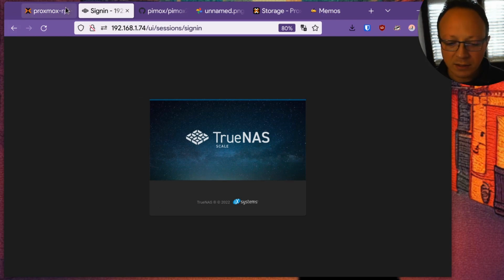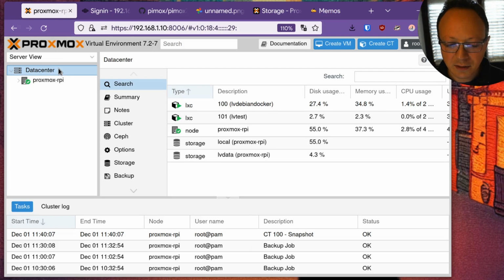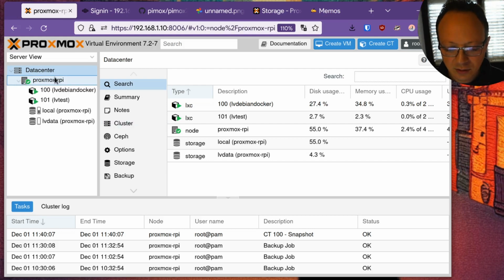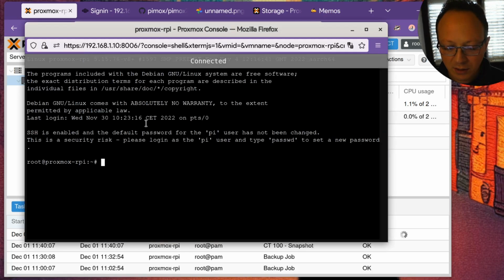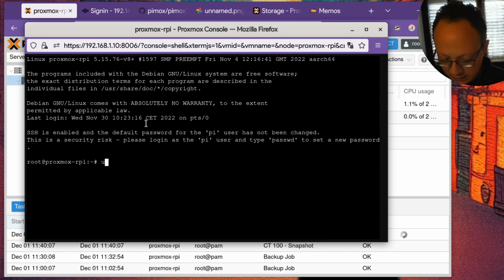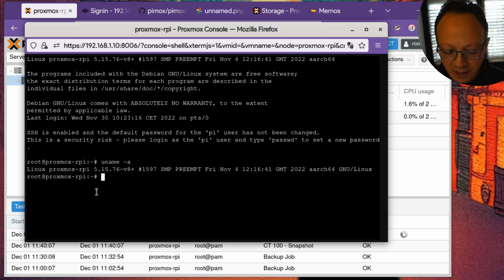And another different thing is that you can access in both operating system to the system shell. So if you right click here, shell, you are inside the Proxmox operating system, and here we have Linux 5.15 kernel, and you can also check which packages are available.